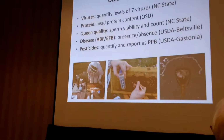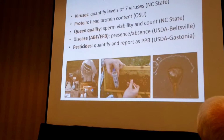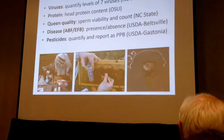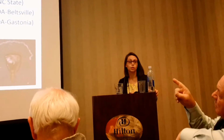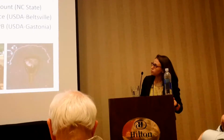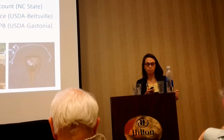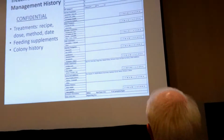Nutrition. Well, protein hopefully gets a little bit better at nutrition. But you send those to Oregon State? Yeah, we do. Sorry, that's why it's up there. It's protein at Oregon State. The question was nutrition. Right. Which is protein. That's what's measured, the protein content. So they chop off the little